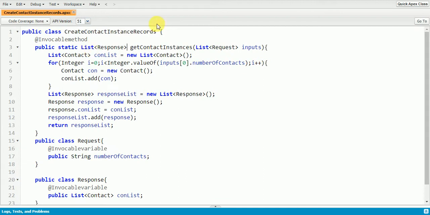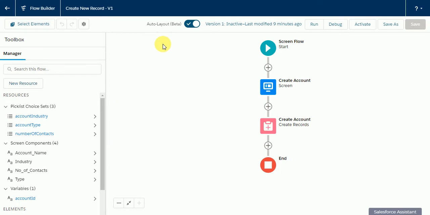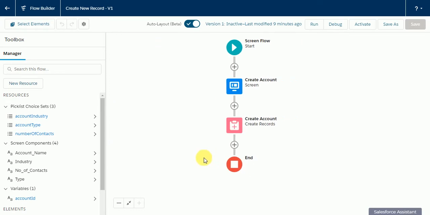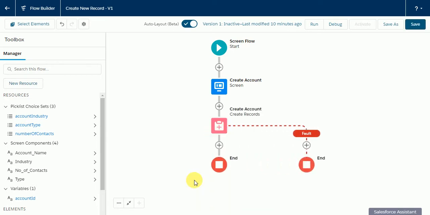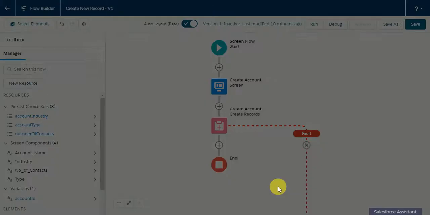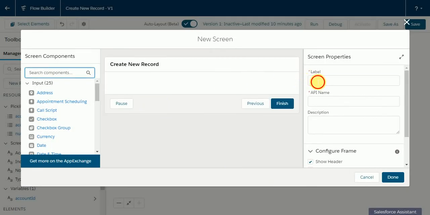And here, we have to call this apex class. We have to call this method in our flow. So now we are done with the apex class part here. So we'll go back to our flow once again. And here, before calling that, I'll do one thing. I'm going to add a fault path here to capture the error which occurred while creating an account. So here I'll just show that error to the end user.